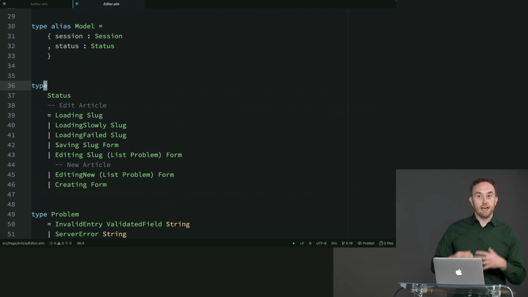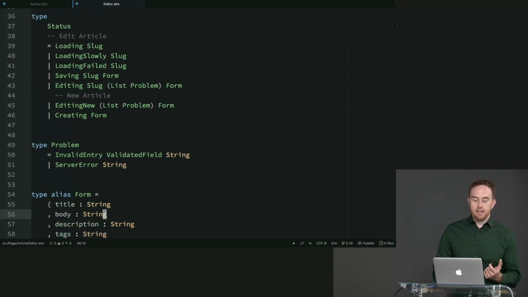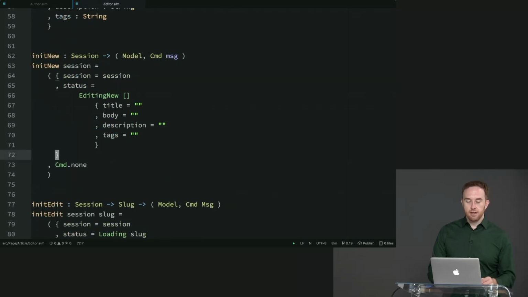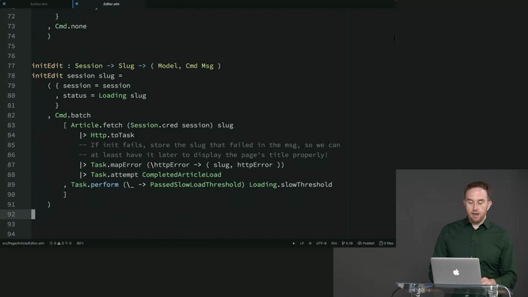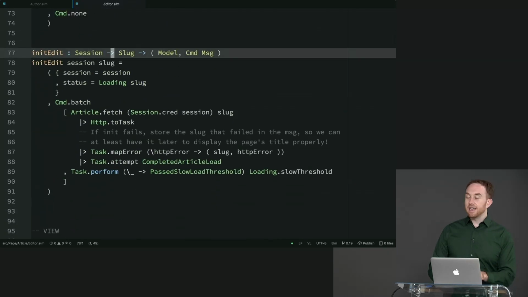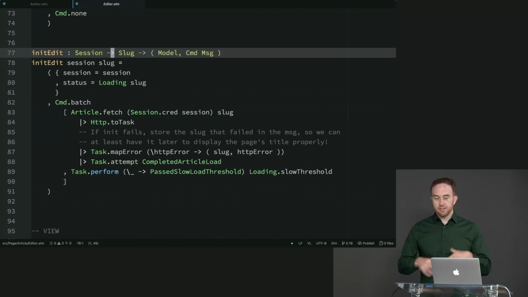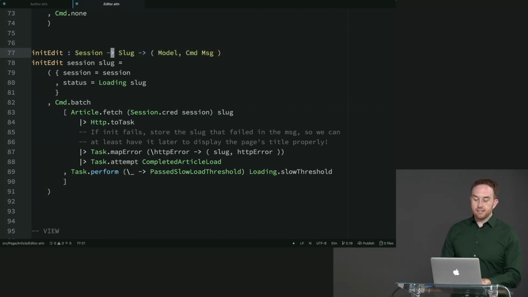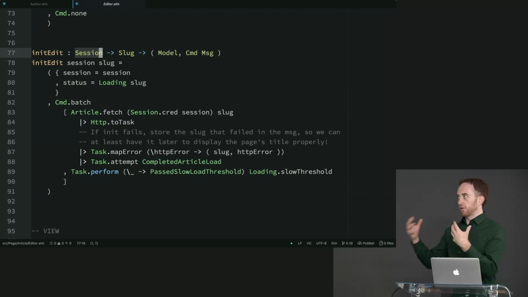So when we're trying to decide who's the potential culprit for this form bug, we can narrow it down very quickly by looking at the types, if they're sufficiently narrow. So let's take as an example, when I'm looking at this function right here, init_edit. This is a function that's designed to be setting up the page for the first time. So it takes a session, which includes the current authenticated user. It takes slug, which is the identifier for the article that we're editing,